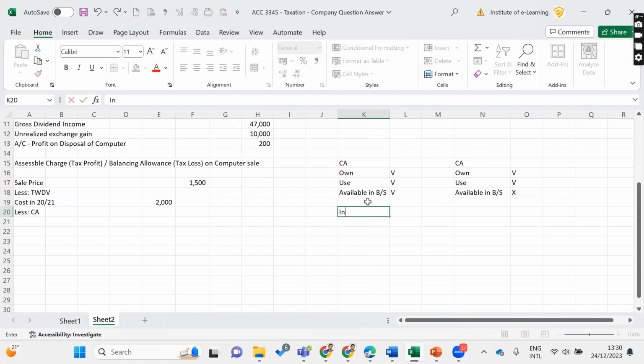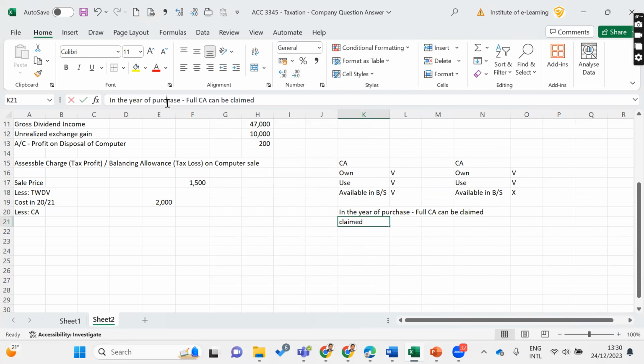So in the year of purchase, full capital allowance can be claimed. In the year of disposal, no capital allowance can be claimed, right? Capital allowance cannot be claimed otherwise, right? Clear. So then if they purchase in 2021, for capital allowance for